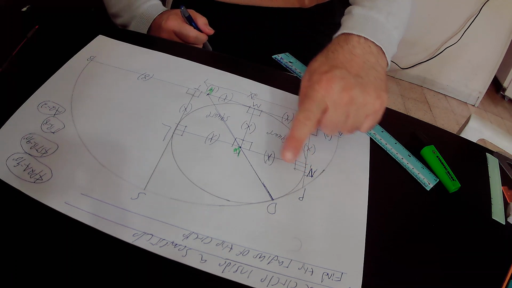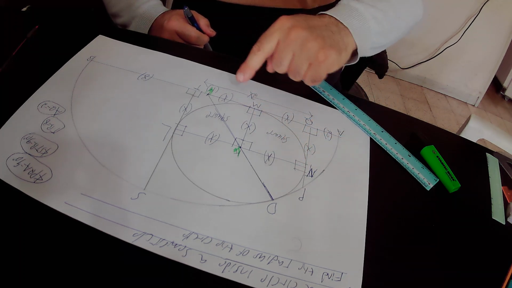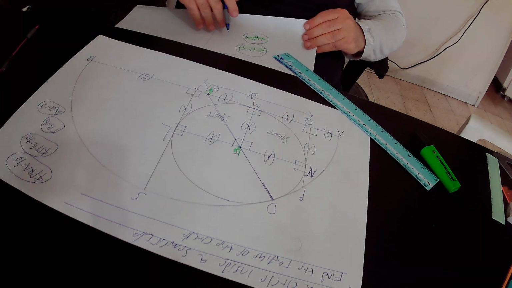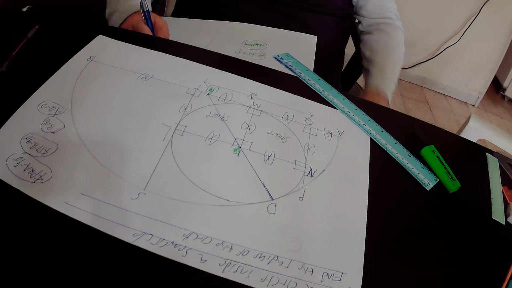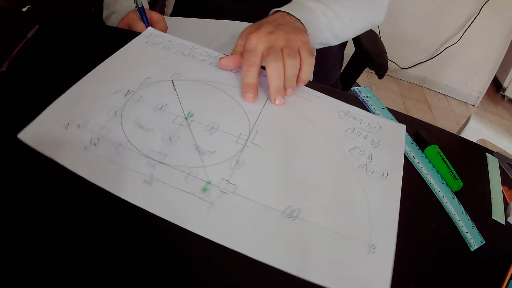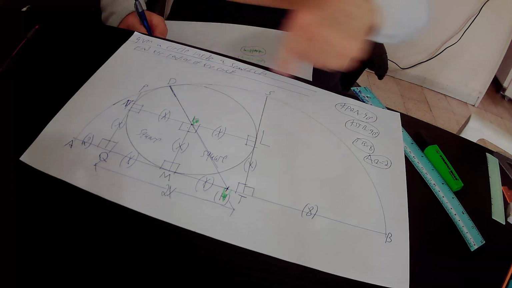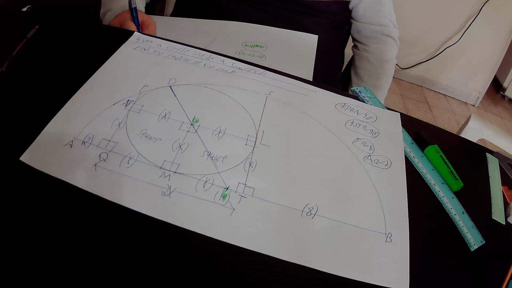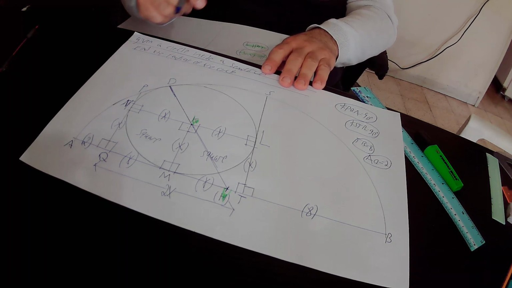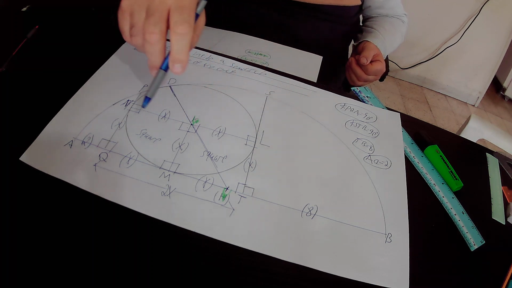If HKD is one straight line, it means that HD is also a straight line. But what is exactly the definition of the straight line HD? It starts from point H, the center of the big semicircle, and ends at point D, a point on the semicircle itself. So this is exactly the definition of a radius. Therefore, HD is the radius of this big semicircle,